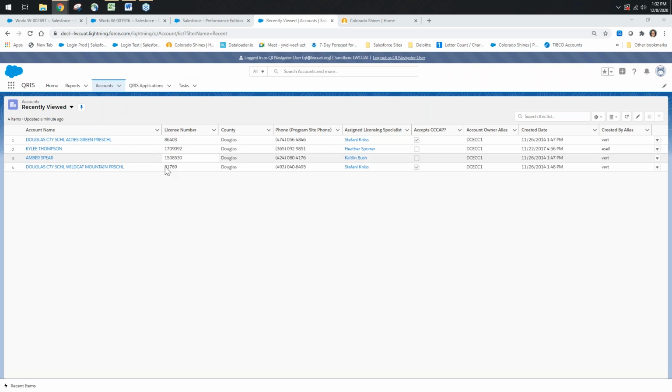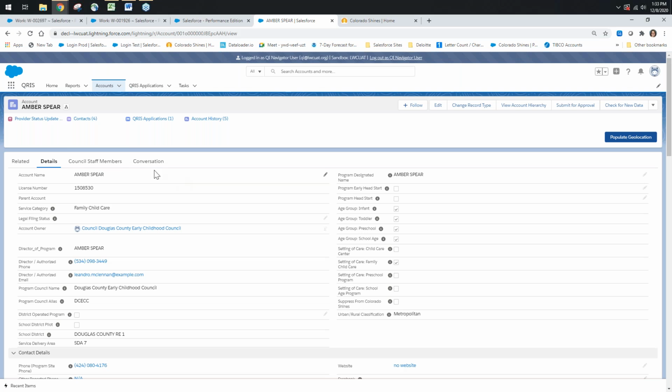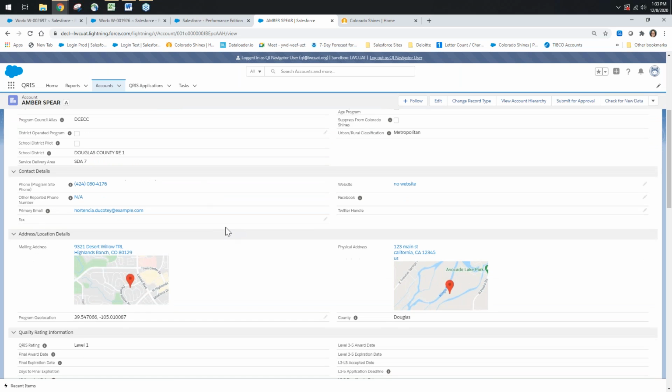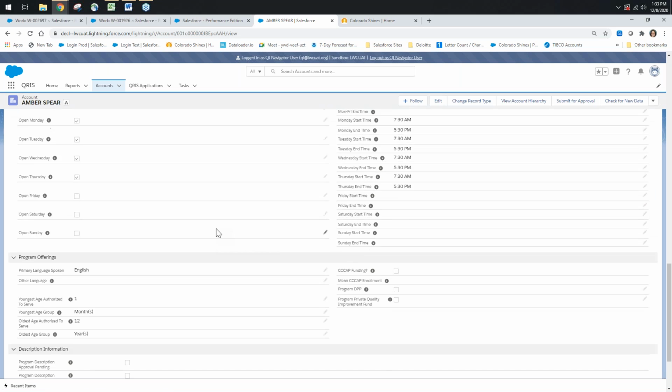Alrighty then. I'm logged in as a QI navigator, so you can see what you would see as a QI navigator. We are going to look at a level 1 here. And this is what the back end looks like now. It's pretty straightforward. It's a little bit cleaner, I think. The biggest difference is